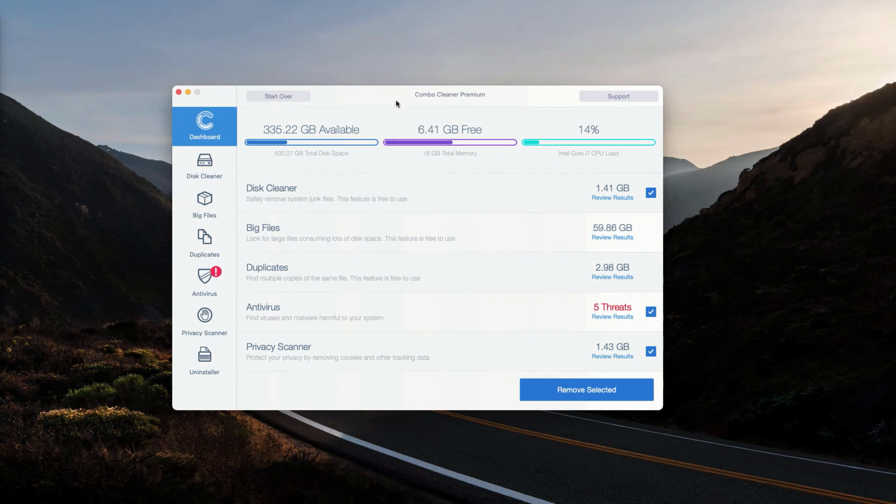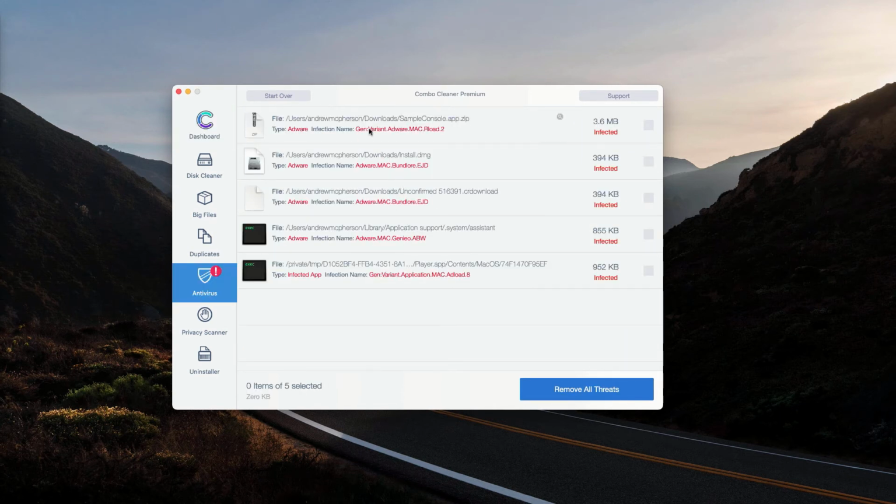This is the end of scanning by Combo Cleaner Antivirus. Whether the trial mode or the premium mode is used, the program performs free research of your Mac computer. To find out what exact threats were detected during the scan, click on Review Results. This will show you the exact location of each specific threat that was detected,